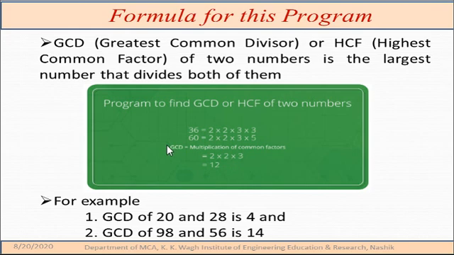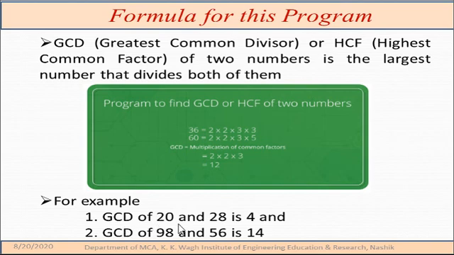In GCD, we have to consider the common factors from the two numbers, and whatever output, or the multiplication, we get for those common factors, that we declare as the GCD. For example, 36 and 60: if we find the factors, the common factors for these two numbers are 2 for the first time, and the second 2 is a common factor the second time, and 3 is common, so we take the 3. Likewise, 2 into 2 into 3, we get the output 12.